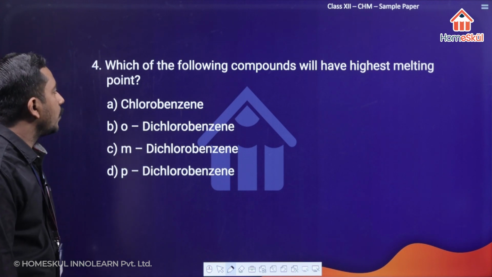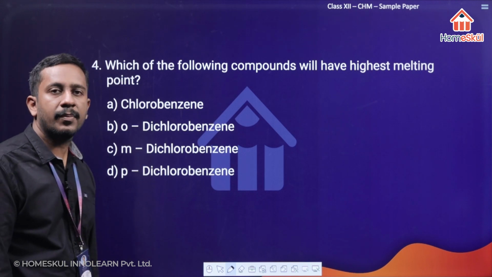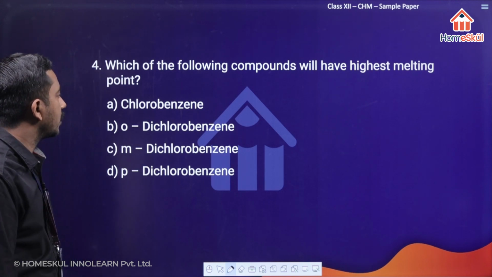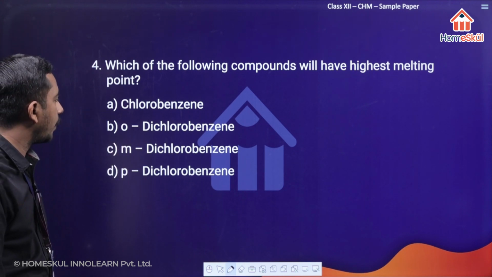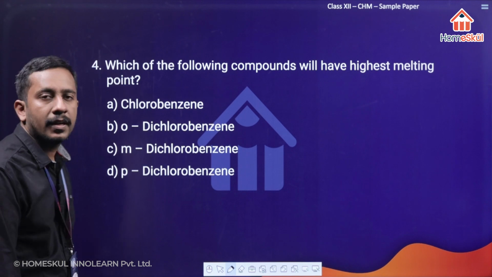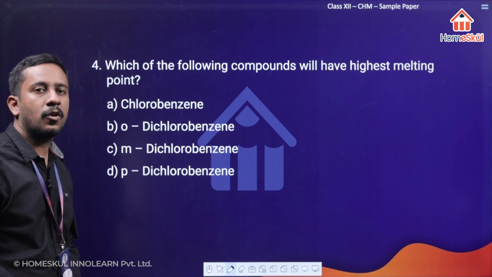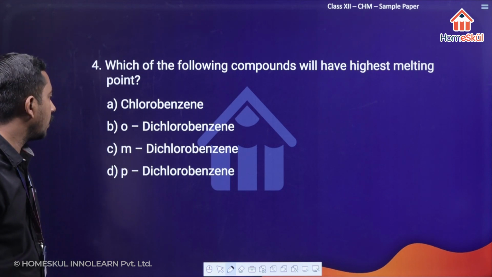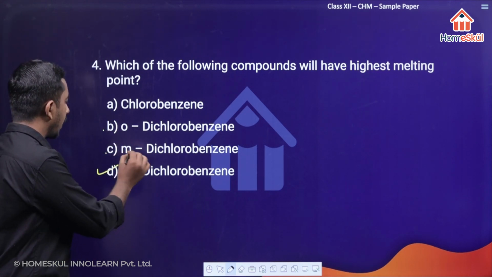Question 4. Which of the following compounds will have the highest melting point? So we have to compare the melting points of these four substituted compounds of benzene. We have chlorobenzene, orthodichlorobenzene, metadichlorobenzene and paradichlorobenzene. If you are looking for the melting point, we are looking for the arrangement of these compounds in the solid state. So if you compare between the ortho, meta and para isomers, we know that the para isomer is